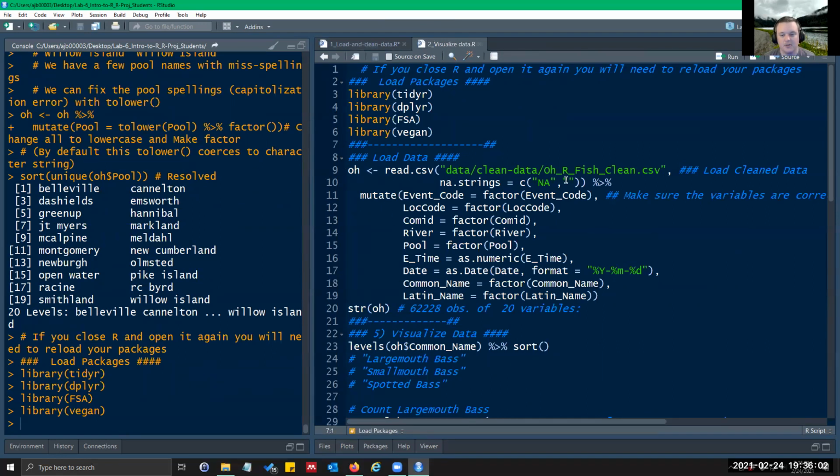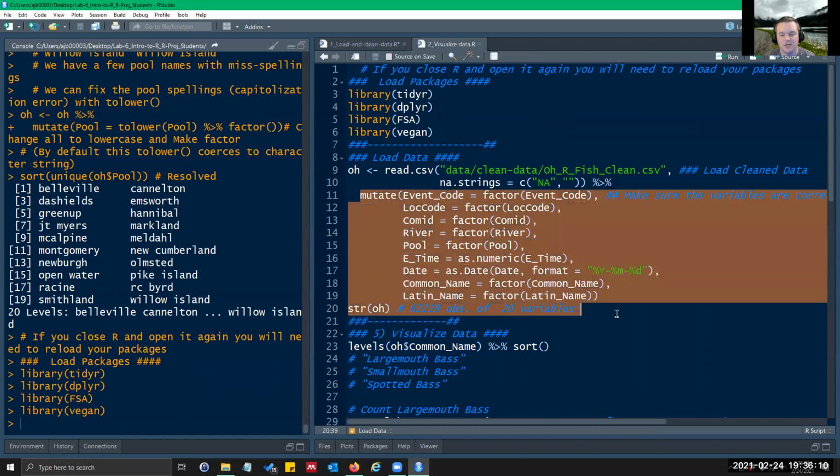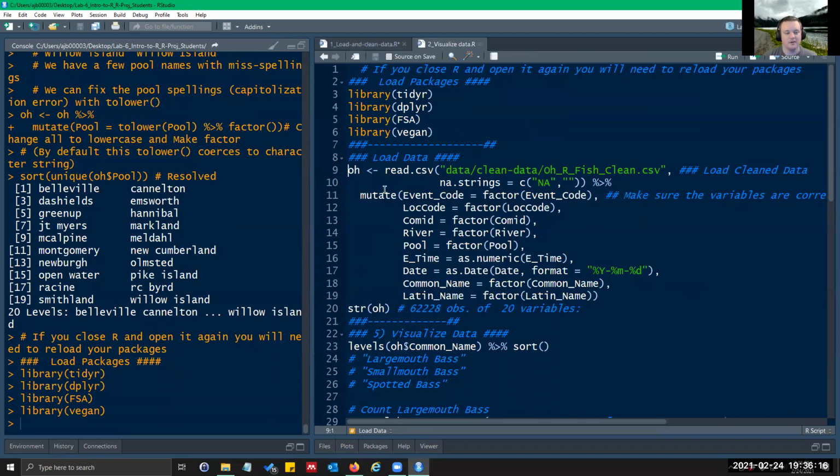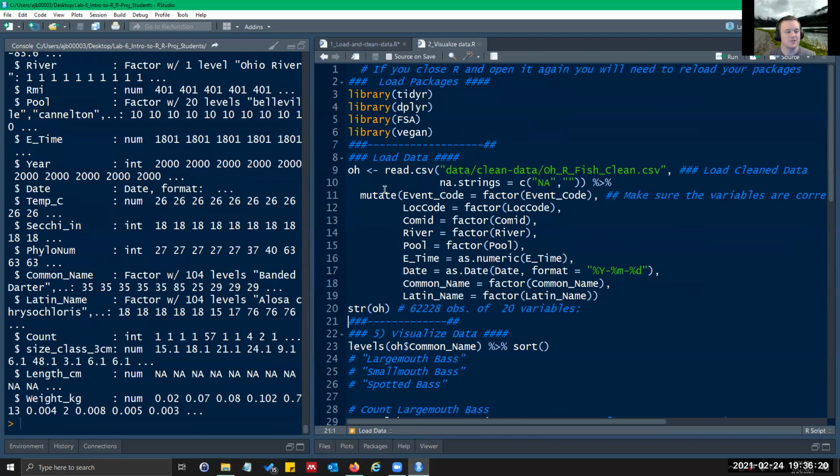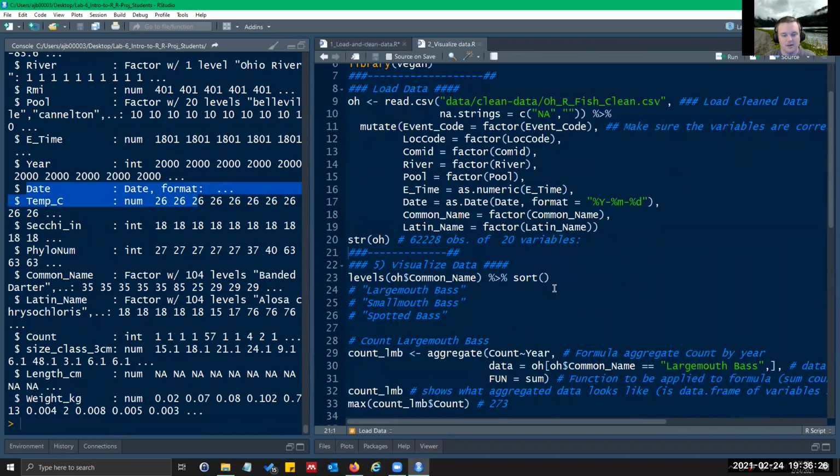So this is all exactly the same as what you saw before, but this time I'm adding this piping command, and I am changing how it's reading in these functions all in one step. So now I can just put my cursor here on line 9, control enter, and it runs it. And if we look at structure, date's a date, and they all are correct, I promise.